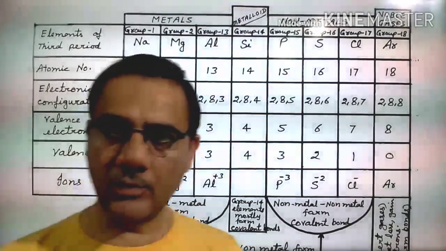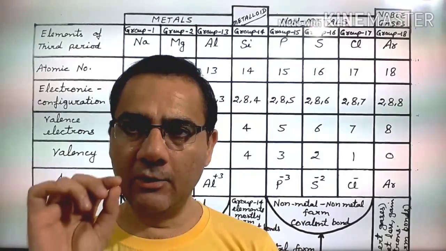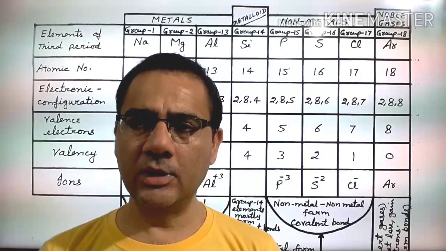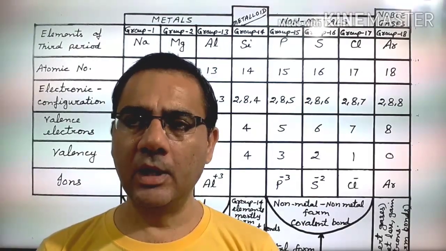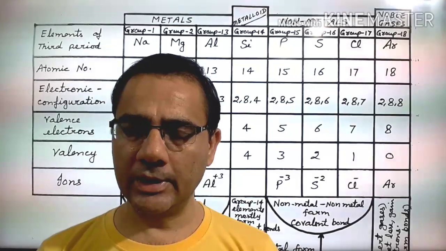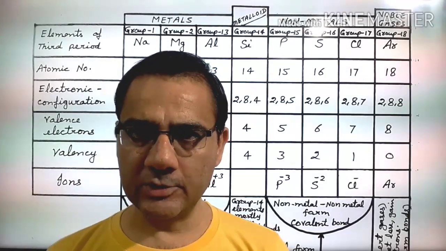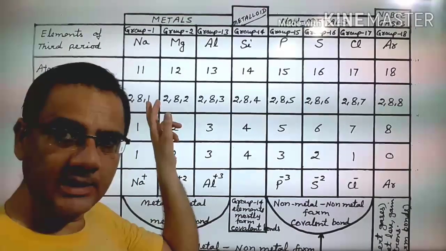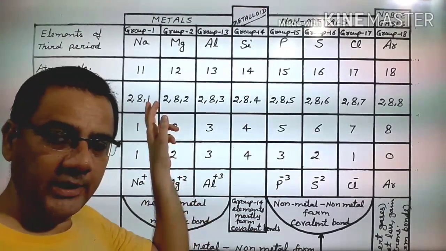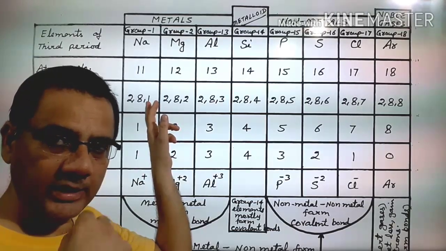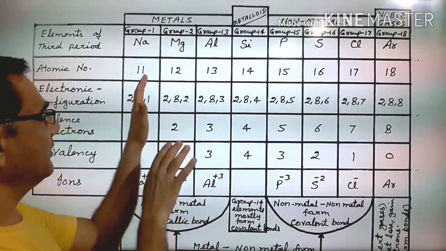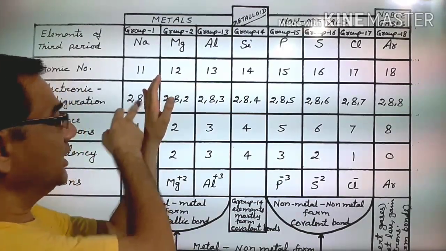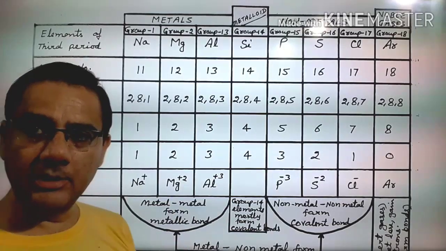This sodium and all elements like it which have 1 electron in the outermost shell: how does such an element make 8 electrons? There are two possibilities. First possibility, it loses its own electron, giving its single electron to someone. If it gives its 1 electron to another element, then this shell goes away and the configuration will become 2 and 8. The outermost shell now has 8 electrons and the atom becomes stable.